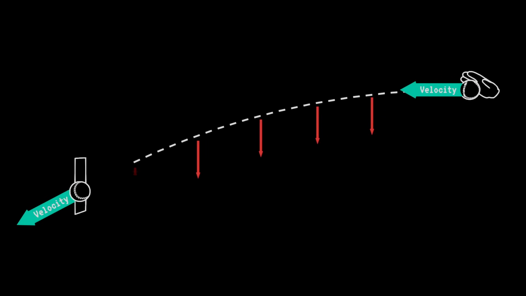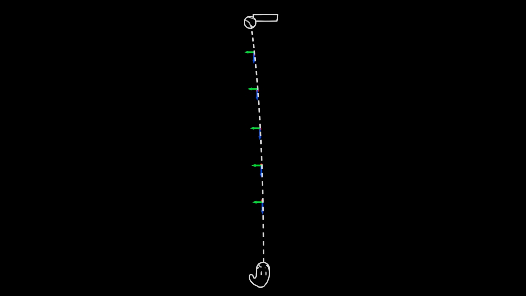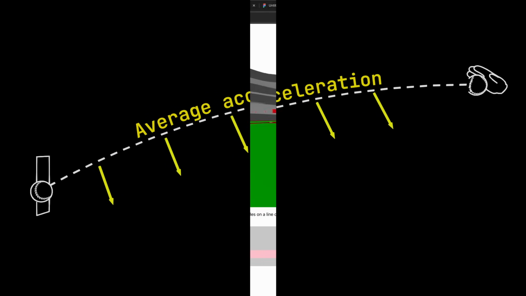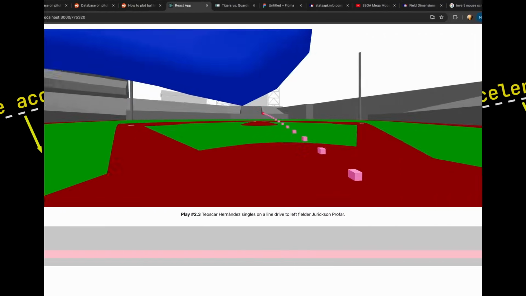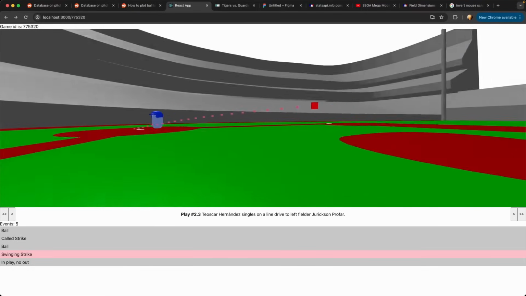But usually the ball has a very different velocity by the time it reaches the strike zone. This, as you could probably guess, is due to gravity, as well as air resistance, which slows the ball down, and a lift force that results from the spin of the ball. Thankfully, we don't have to compute all of that, and instead the Stats API gives us average acceleration. If we just apply this acceleration by the elapsed time, we can get a pretty decent estimation of the ball's